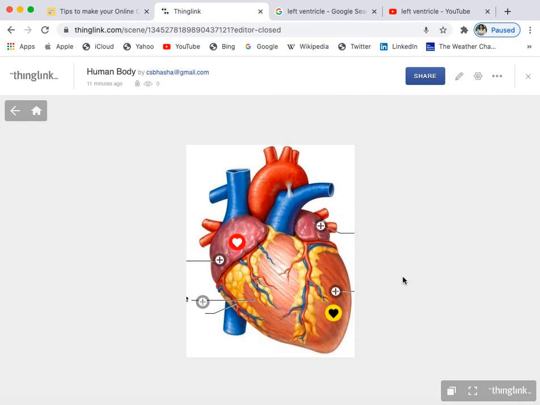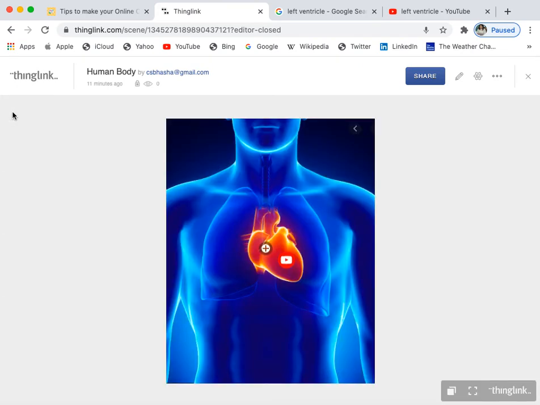So even after your lecture, if you have shared this with your students, they can always explore. And we all know that when something is explained to us in a pictorial representation, it is retained in the mind for a very, very longer period of time. So this part is there, and I think I'm able to explain how you can actually connect one picture to another picture, how you can have these different tags in it.